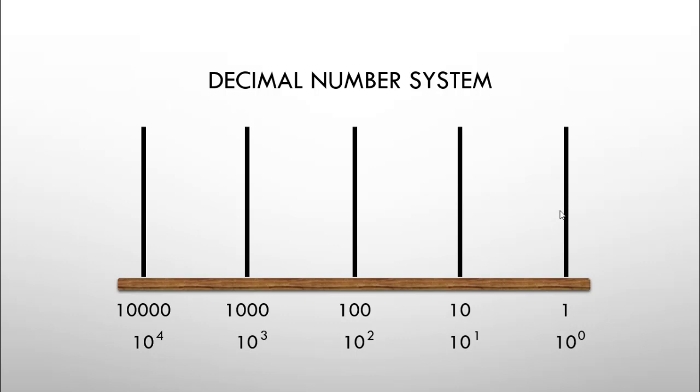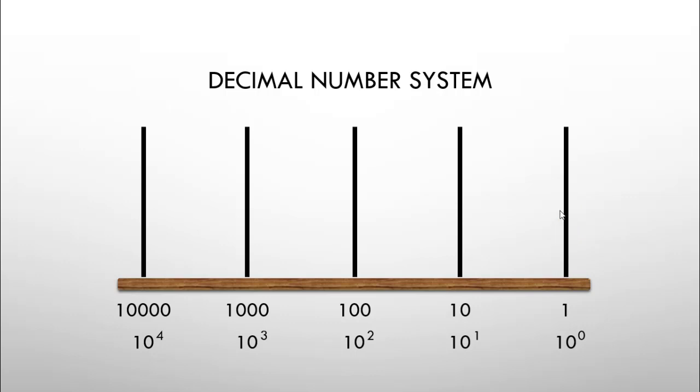So we know in the decimal number system, the maximum number of symbols that I can use is 10. So the number of beads I can use in this particular counting frame for the decimal number system, for one line, is a maximum of 9 beads. I cannot use more than that because a decimal number system is representing only 10 symbols. So I cannot go more than 9 beads in this.